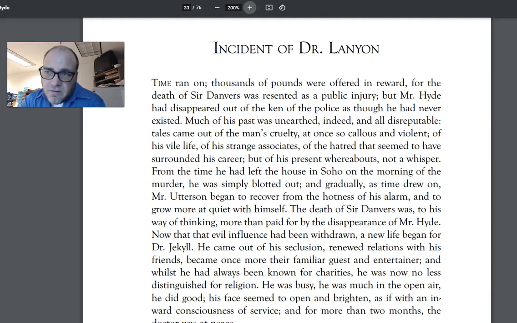Carew is one of Utterson's clients and has a letter to him. They go to Hyde's apartment and find the other half of the cane and half of a checkbook and lots of stuff, but they can't get any wanted posters out because nobody knows Hyde. He doesn't have any friends. He doesn't have any family. He's never been photographed. So they can't really get anybody who's able to describe him effectively.